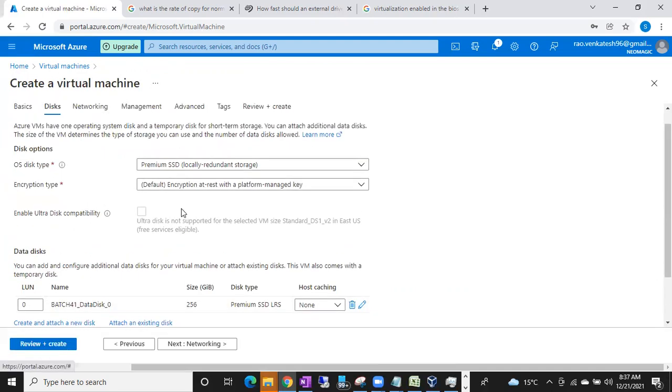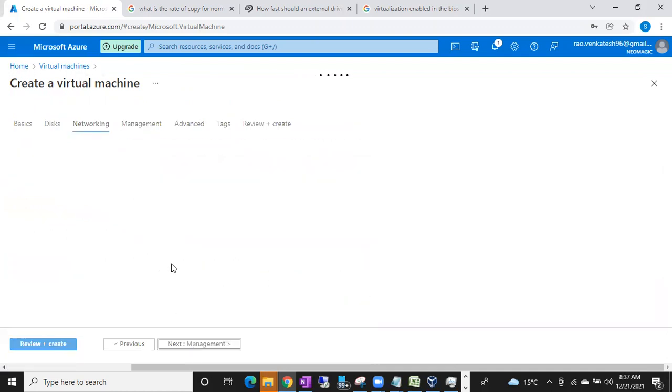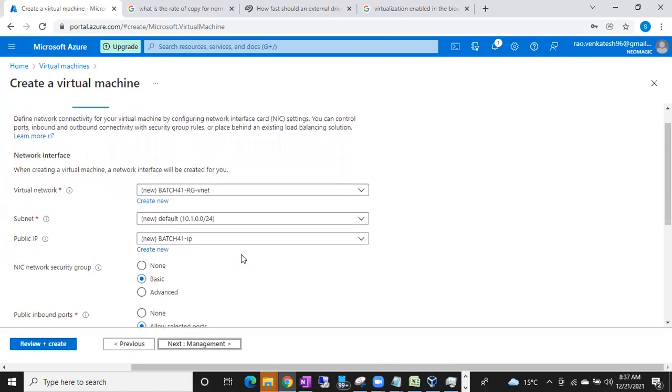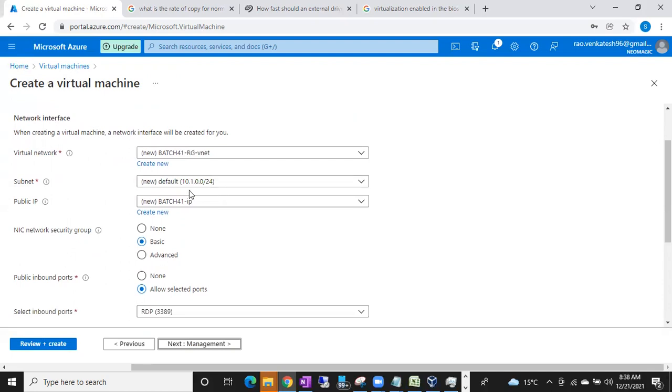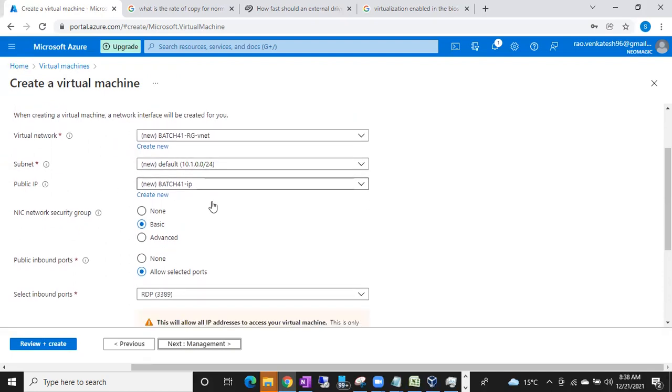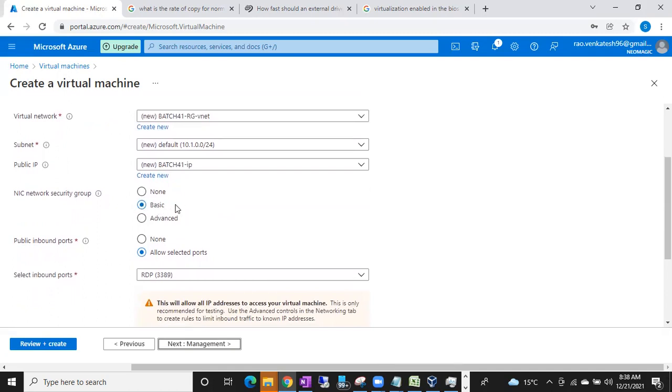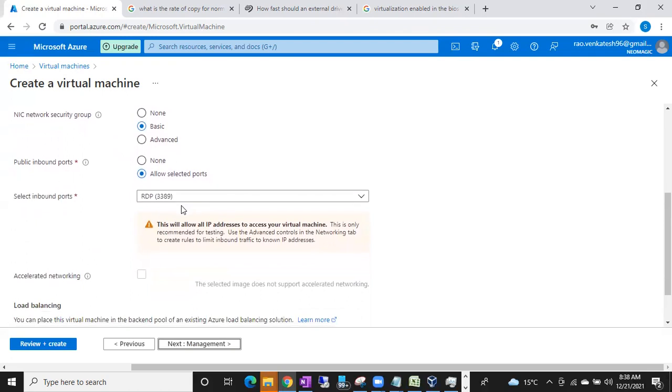So now after that, networking, guys. Go to networking. Here also don't do anything. Your virtual servers will be created under one VNet, meaning all the servers will be under one network. If you want to understand what a network is and all, it will take a lot of time. Forget about it. By default, it will create one VNet. Keep it as it is. If you want to create it manually, click on create new and create a virtual network. Subnet is automatically selected. Public IP is automatically selected. NIC and network security group, keep them as they are, don't change. Here I'm not changing anything.